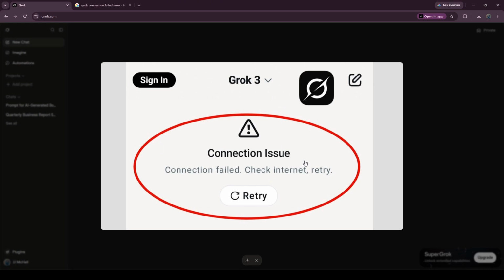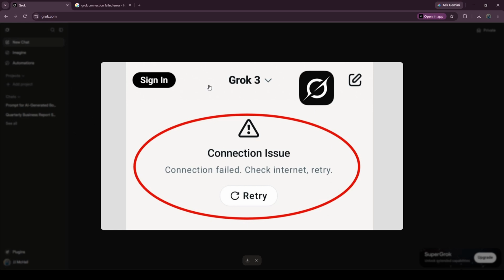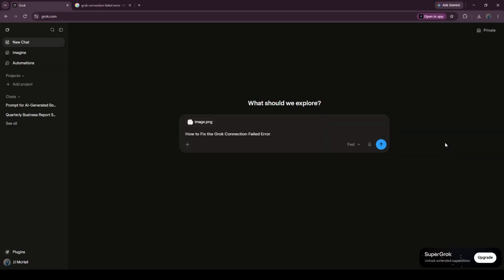If you've encountered this issue, you're not alone. This error can be a real headache, but don't worry. In this guide, we'll walk through a detailed process to help you resolve this problem and get back to using Grok smoothly. We'll start by looking at the broader picture and gradually zoom into more specific solutions related to your